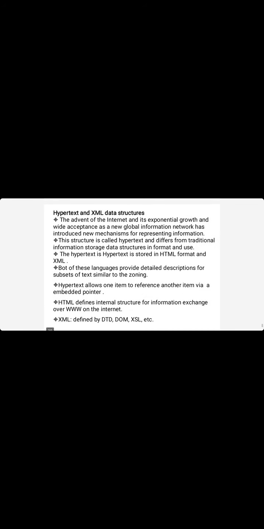Suppose I want to give strong, enclose it in the angle brackets. It means display prominently. If I want to open, generally I open with a, and if I want to close, I give backslash a.